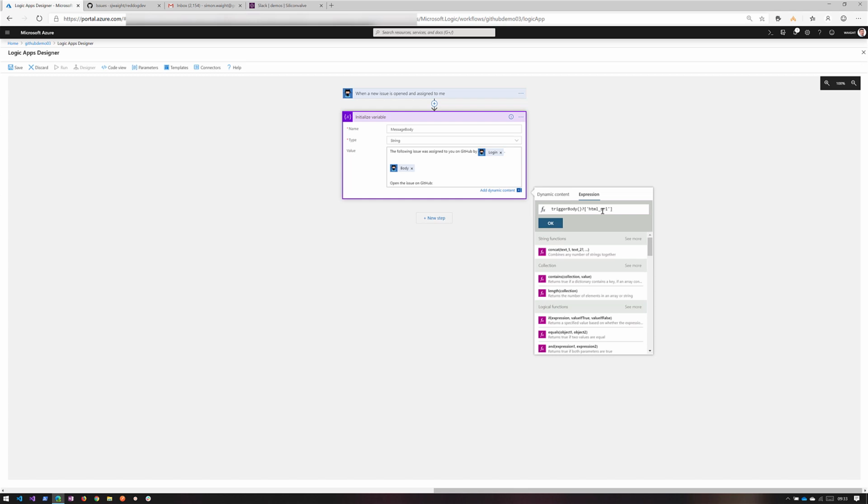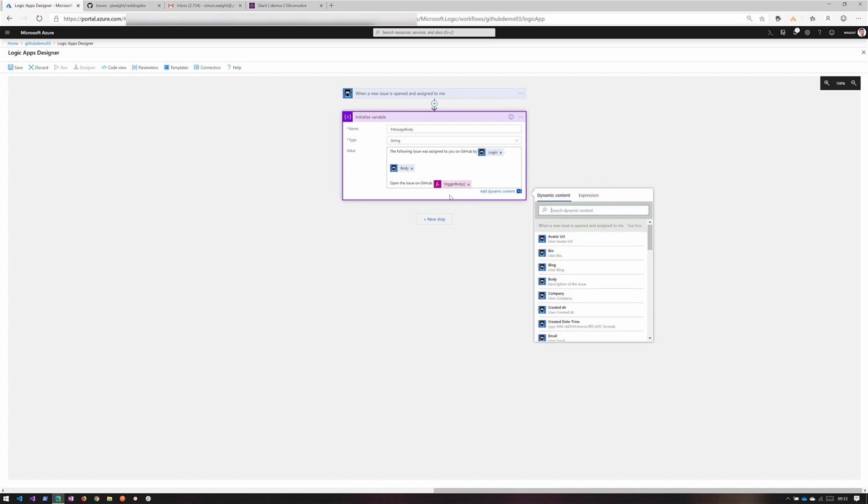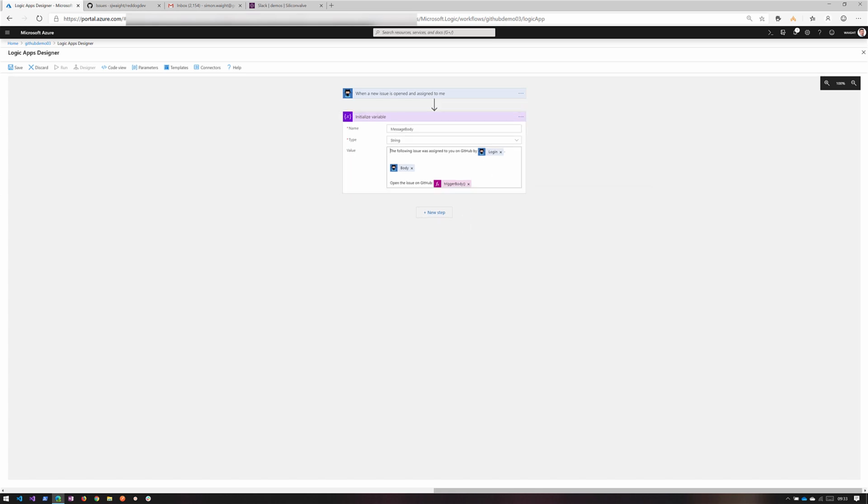So I already know that the particular property in the response object I'm looking for is called HTML_URL. The trigger body expression gives me access to the outputs from the trigger, and I know that the array element I want is called HTML_URL. So I'm going to save that. That'll be replaced when we come back to this later. We'll see that that trigger body function call is replaced by a property because the environment for Logic Apps is smart enough to understand that. So now we have our